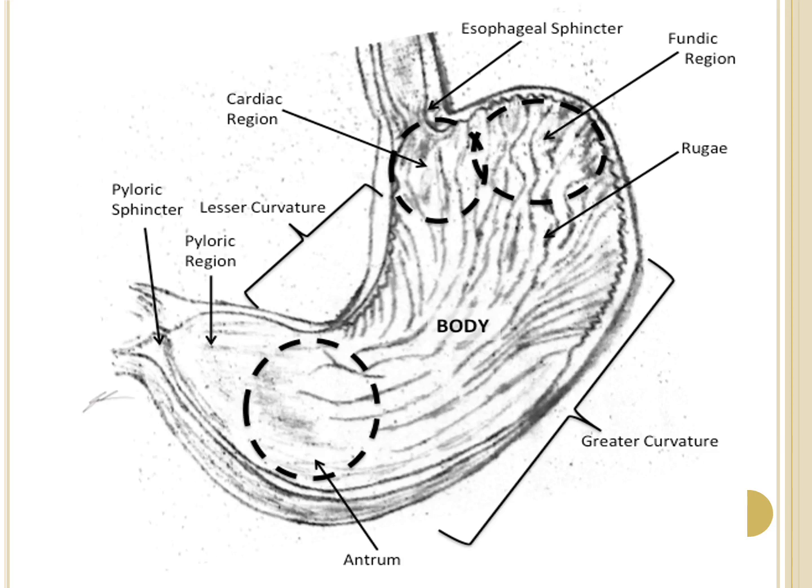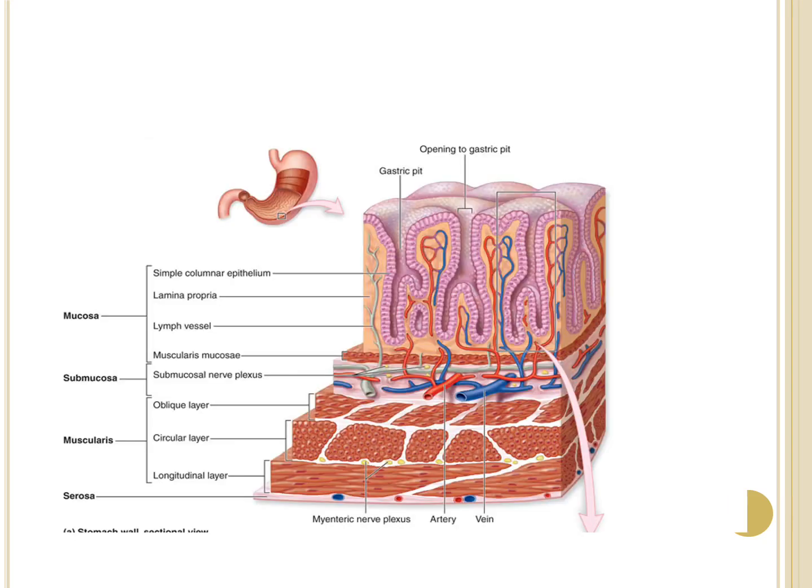So if we look at the rugae within the stomach in a little bit more detail, what we end up getting is this rigid structure of mucosa and submucosa. This rigid structure, unlike the circular folds that will allow for flattening out in the rest of the alimentary canal, we don't want to have this flattening out because coming away from the gastric pits will be a highly acidic